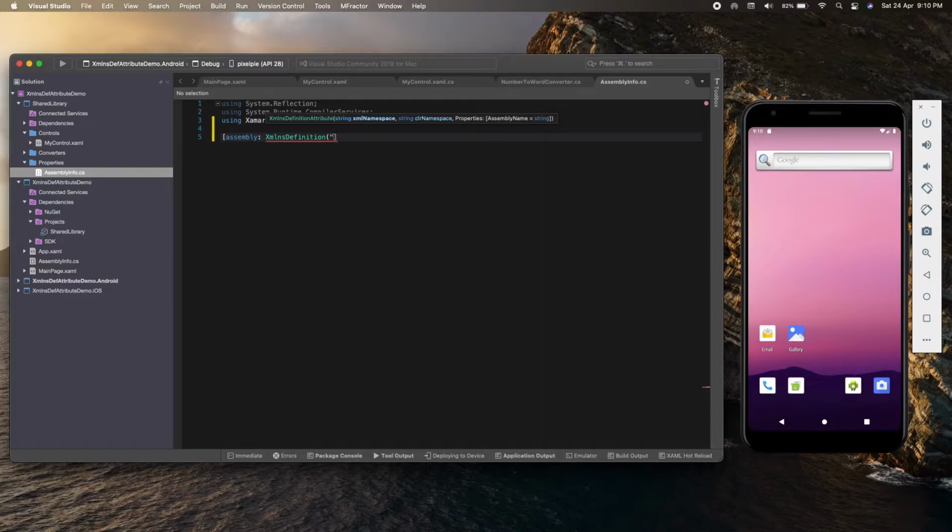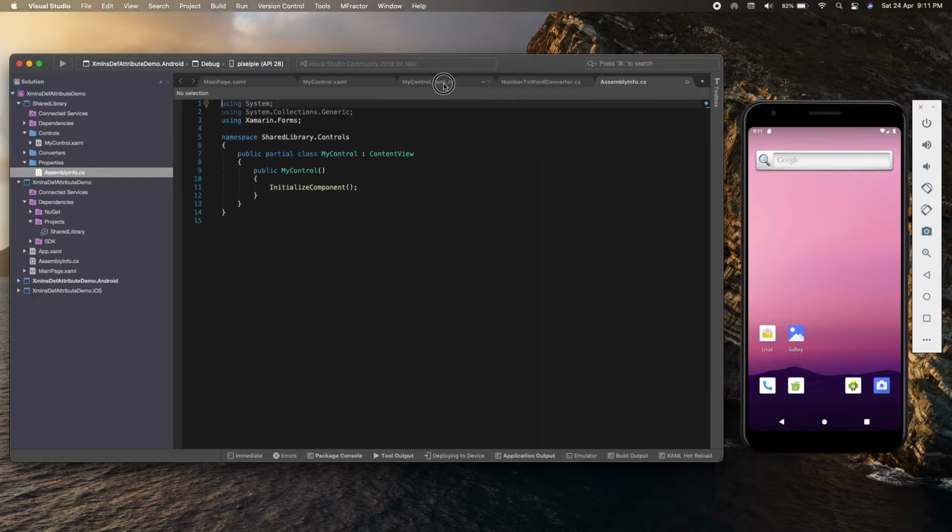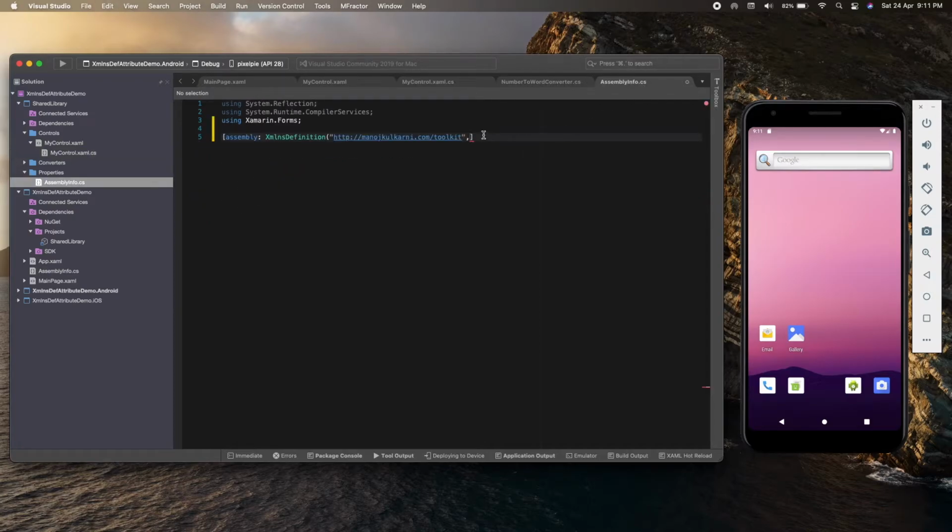So let me add the XAML namespace. You can specify any XAML namespace as you like over here. And the second one is the CLR namespace. So let me grab the namespace for the control first. This is the namespace for the control, and I need to specify it as a second parameter.